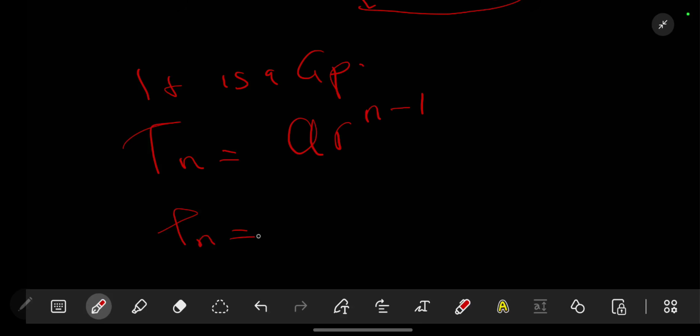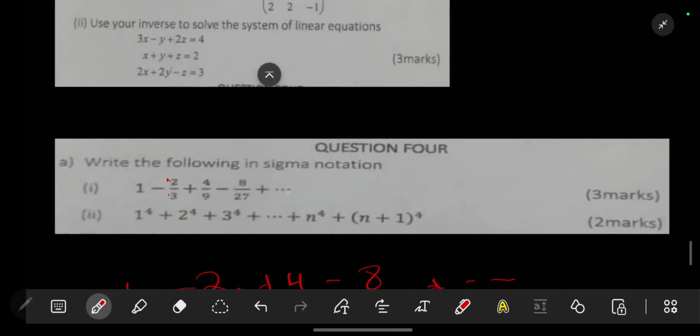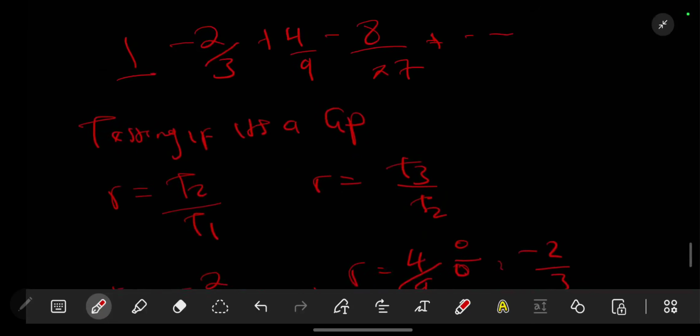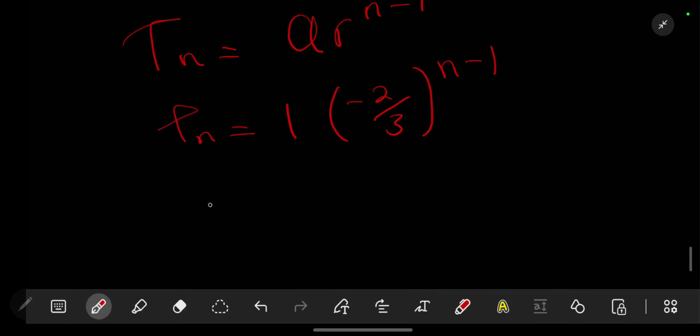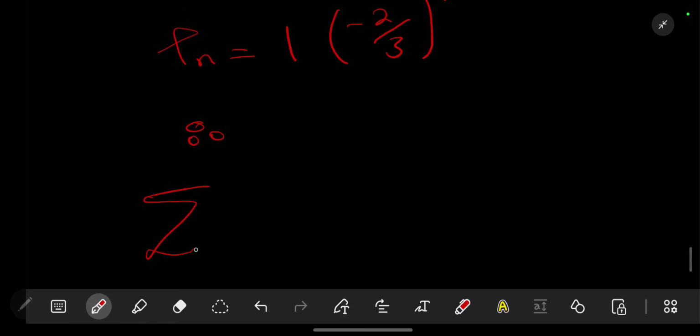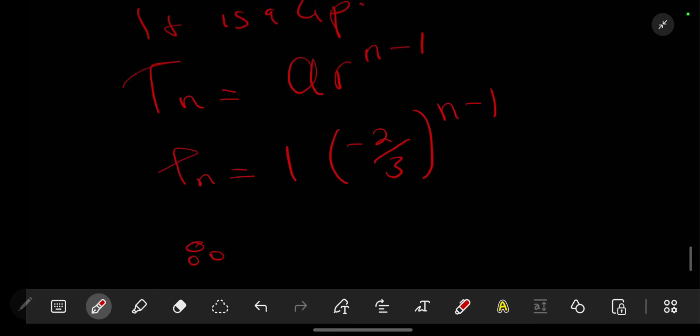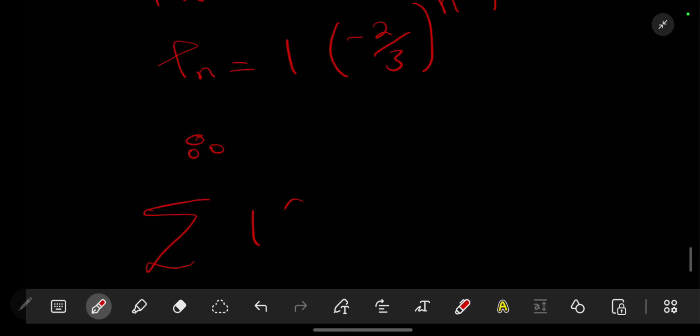So the nth term of a GP, first term is 1, then our R is negative 2 over 3, to the power of n minus 1, like that, which is unknown. Now, the end is unknown, meaning it's going to infinity. So we are going to say, therefore, using the sigma notation, it means summation from, so this equation is 1 times negative 2 over 3 to the power of